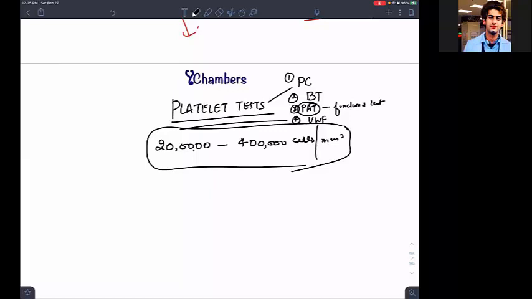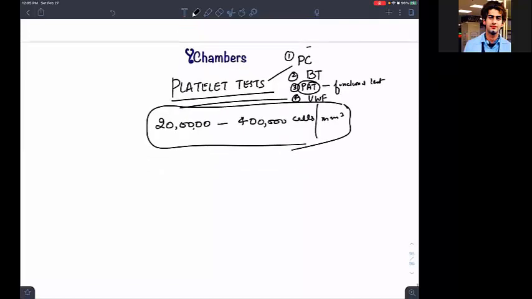So let us jot down some important points, some important concepts. Let me tell you first about the platelet count. We already said we have a platelet count of around 1.5 to 4.5, isn't it? But for example, I am having this normal count. Do you think there will also be a nice platelet function?